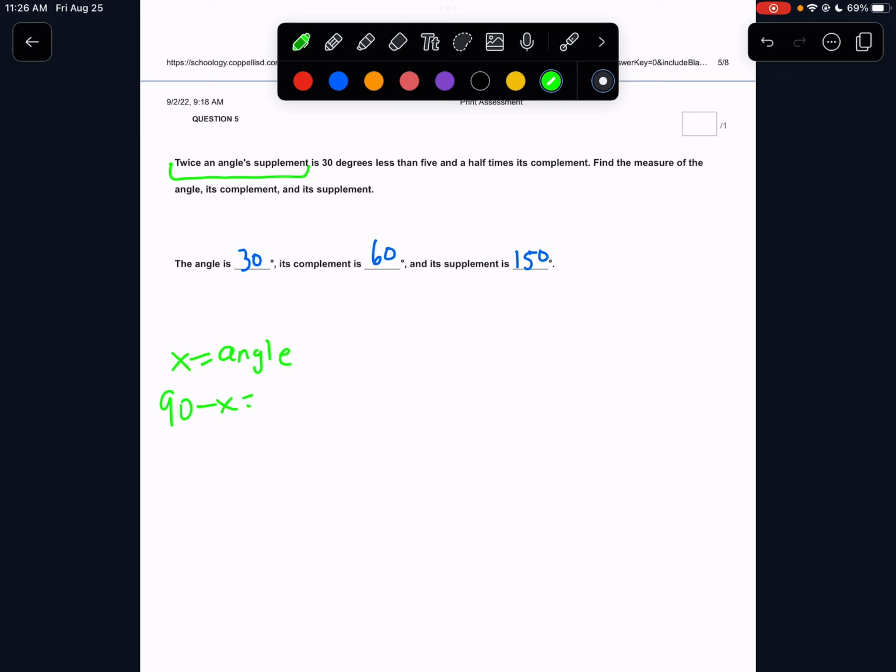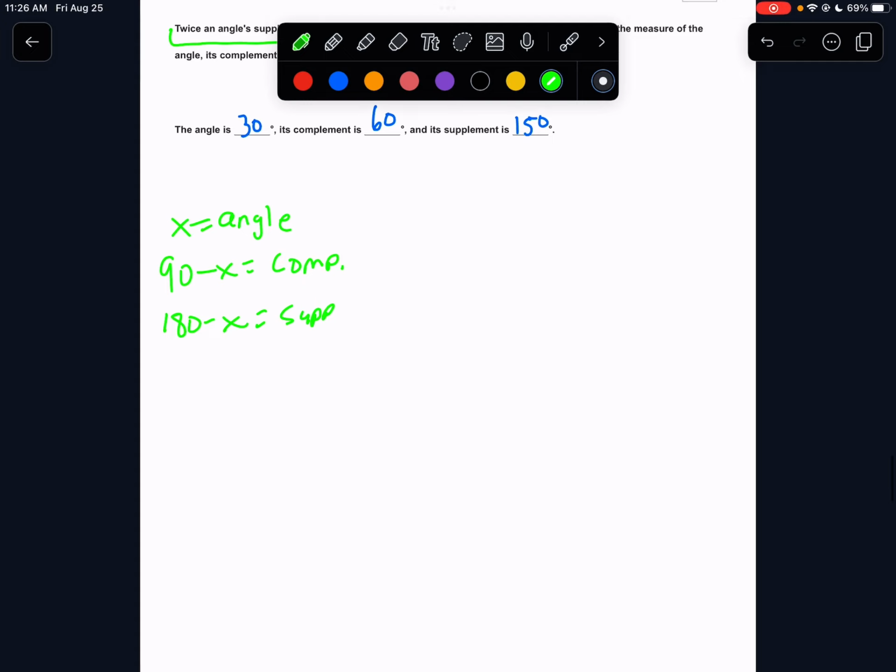90 minus x is the angle's complement. 180 minus x is the angle's supplement. These are things we must know. So keeping that in mind,